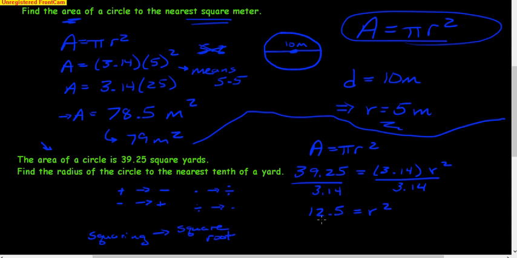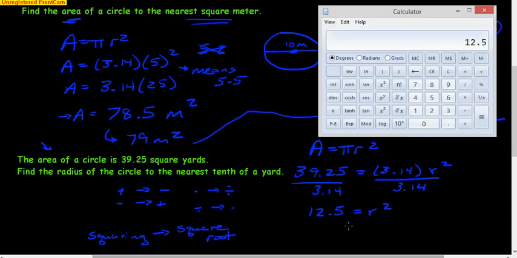So I've got to have my calculator because I need to take the square root of 12.5. So I'm going to clear this out here. And here's my little square root symbol right here. See that little square root? That stands for square root. And this works a little opposite here. I need to put 12.5 in first and then say I want to take the square root of that. So when I take the square root of 12.5, I get